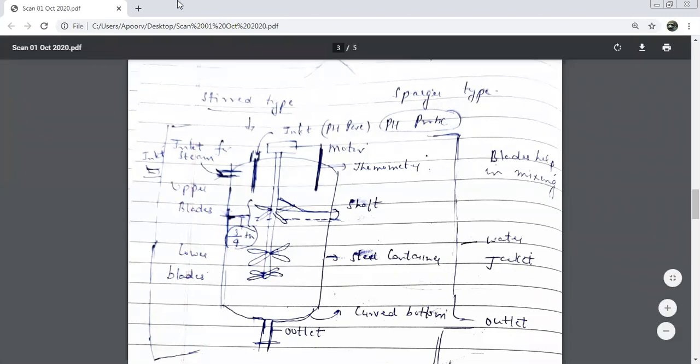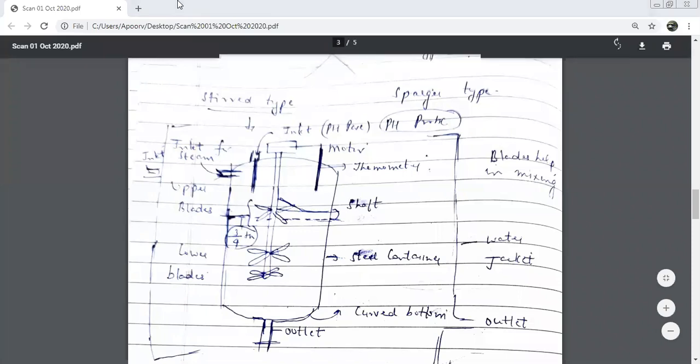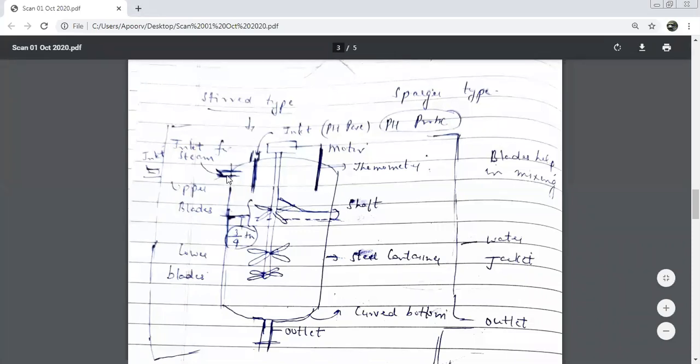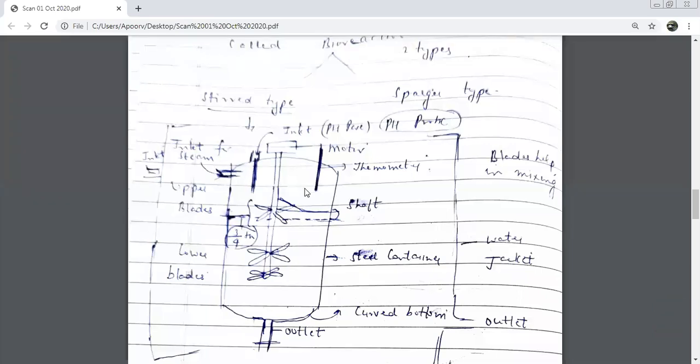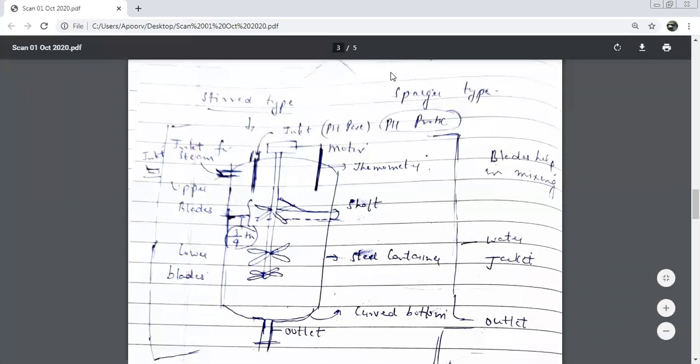Now let's do this quickly. What did we put from here? This is the inlet. Inlet for what? Steam. Very good. We were monitoring the heat and cold, so we have put this. What is this, children? Thermometer. Now, on the top, I had put a motor over here, and what is connected to this motor? This long rod, if you can see.